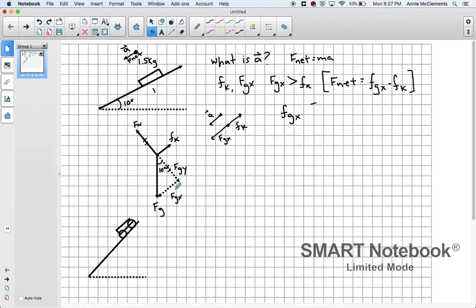FGX, if we look at our triangle here, is the opposite side, and FG over here is our hypotenuse. So the sine of